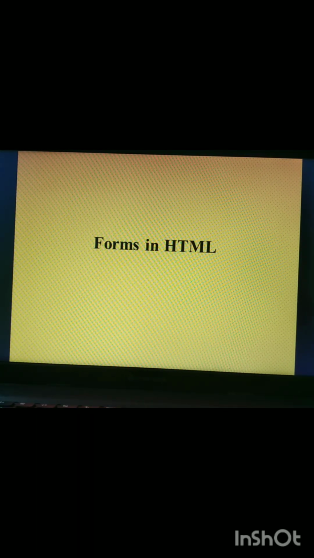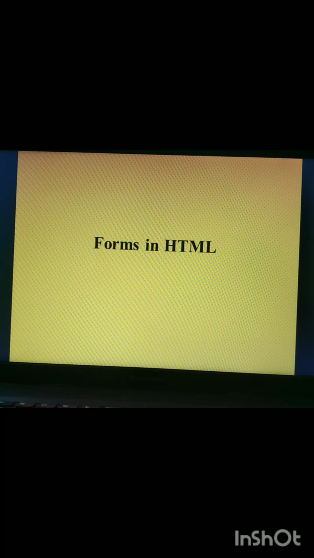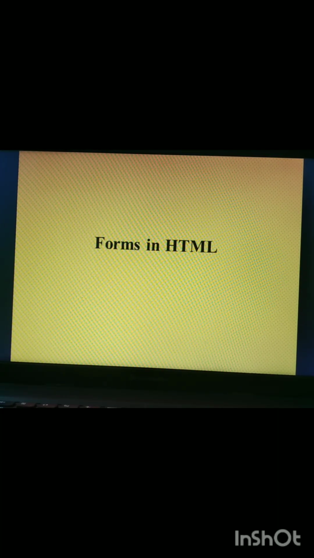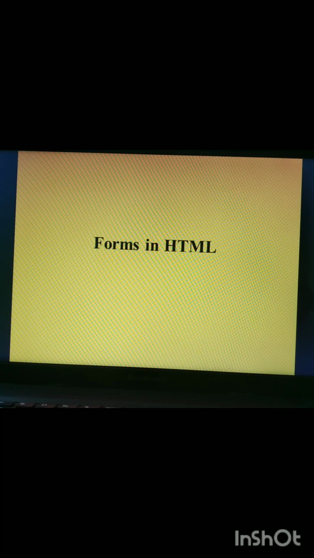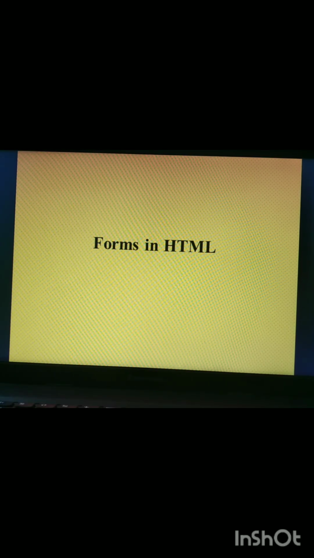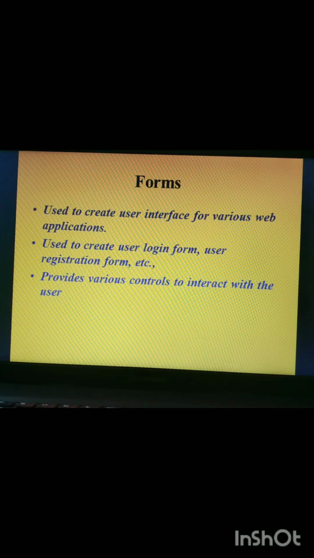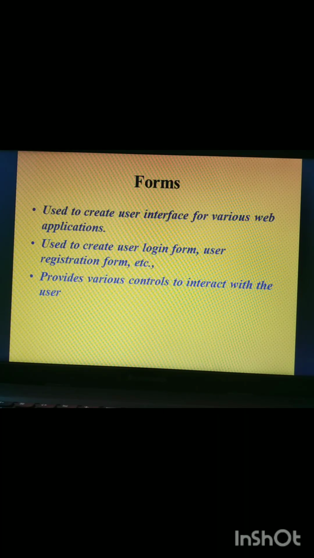This video we are going to discuss forms in HTML. Forms in HTML are used to create user interfaces for various applications in web applications. User interface means it may be a login form or user registration form or ticket registration form in various travels like Airways and